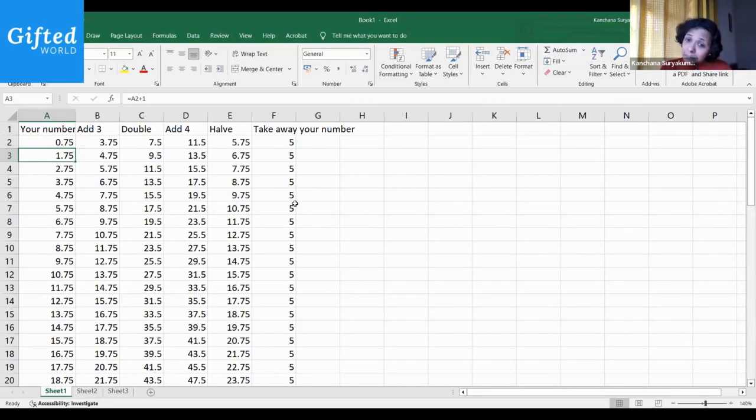You can try this with different number types as well. But what I want to point out to you is the advantage of doing this on spreadsheet is I don't have to work out 5, 6, 10 numbers to figure out what could be happening, right? Because you're not spending time on the actual calculations, which I'm confident you all know how to do, but more on analyzing what is happening. You start playing around with it and say, does this work? Would it work in this condition? Instead of adding 4, like the questions I asked you, if I did an add 17, would this work for me? You just have to change your formula and figure out what happens to the answer, right?